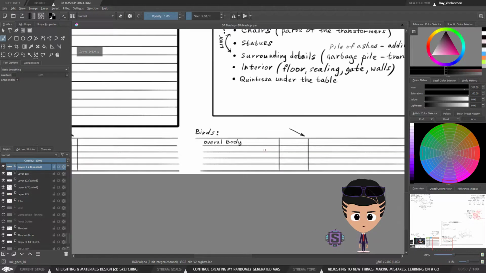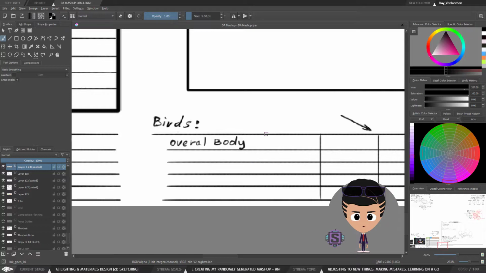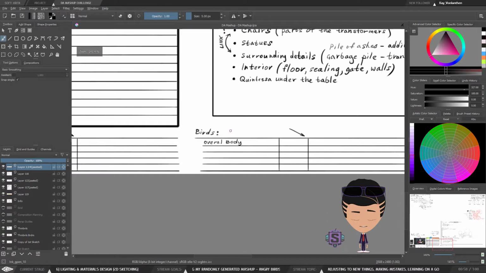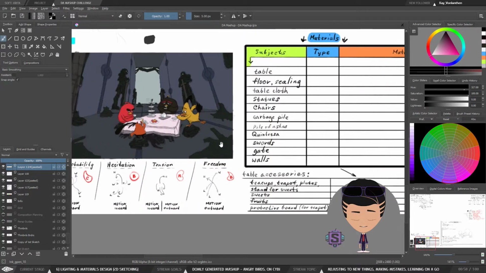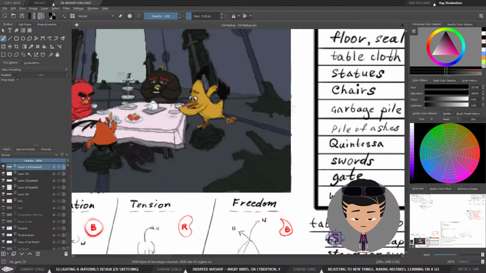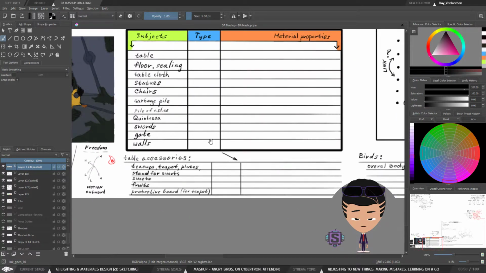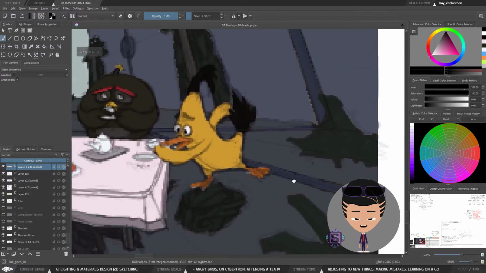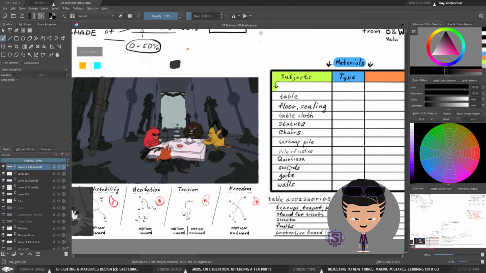This is like the most of the Angry Birds look. So this is just basically this part. Then we are going to have eyes, beak,